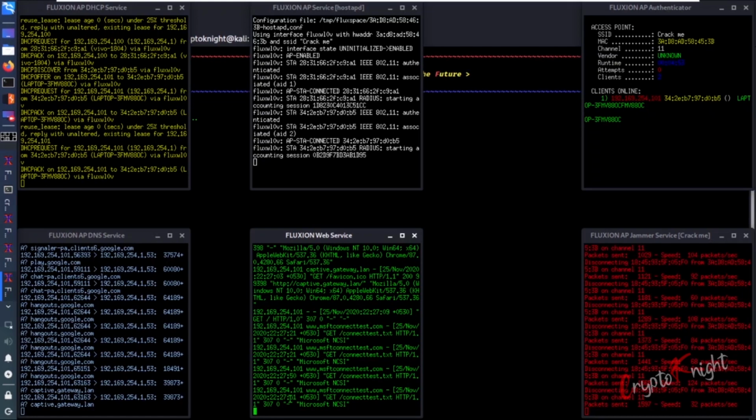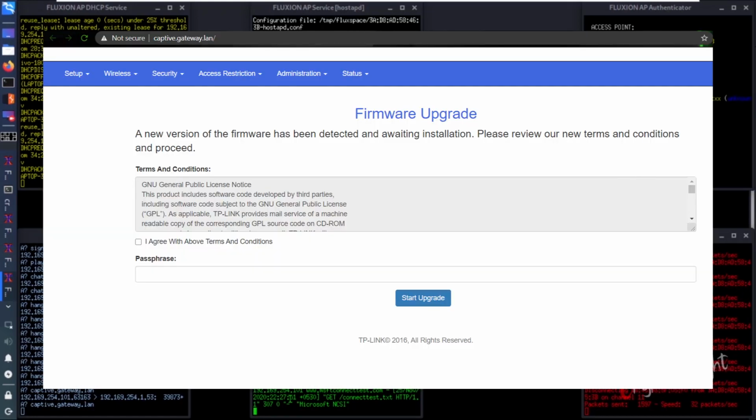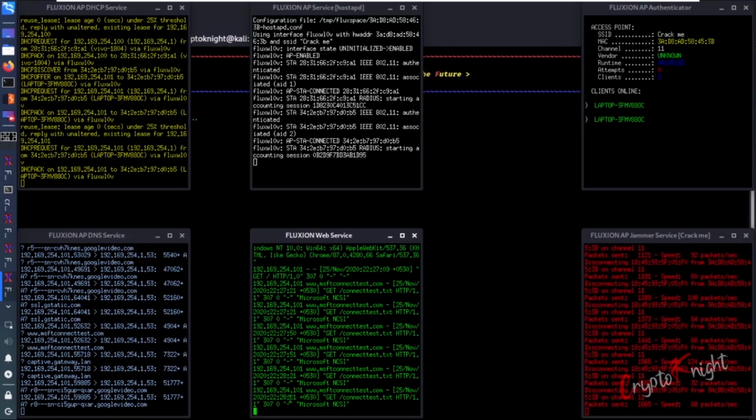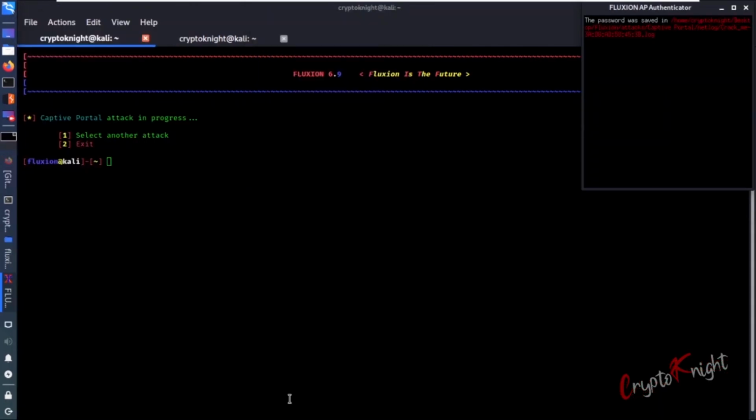Now I will show on screen how the page is appearing. I have opened that on a laptop. You can also try that on another laptop that you have. So when I'm not able to use the internet, I will think, okay, it is asking for a passphrase. Let me enter the passphrase. As soon as I enter my passphrase, let's see what happens. Now it is showing me a TP-Link update page that some upgrade is taking place, but actually it has captured the password in this particular file.